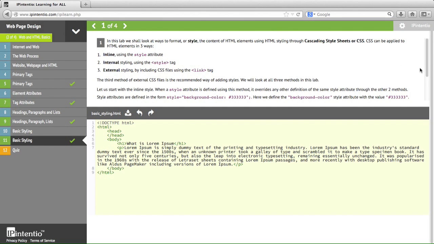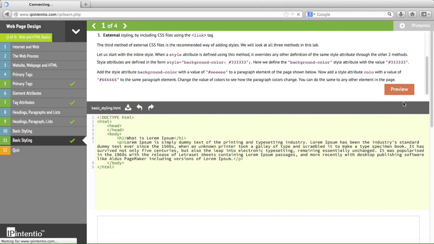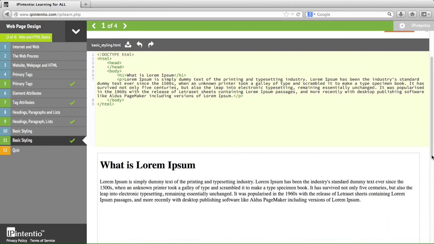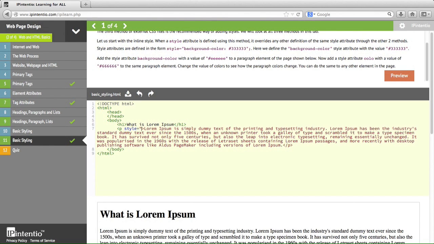So let's start with the inline style, okay? But before we add any styles, let's first see what the vanilla web page looks like. So there you go. You have a heading, right, which is the content that has been typed into the H1 element, and you have a paragraph. Now what we're going to do is we're going to add the style attribute, right? So let us start with the paragraph element, okay, where we shall add a style attribute and assign it a value